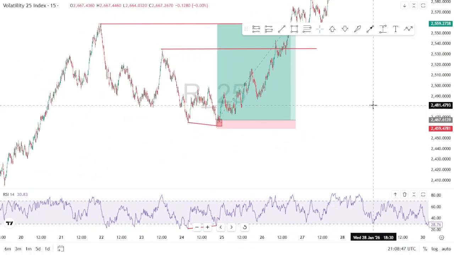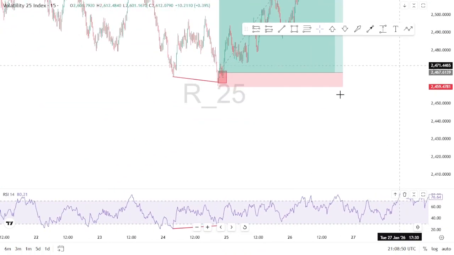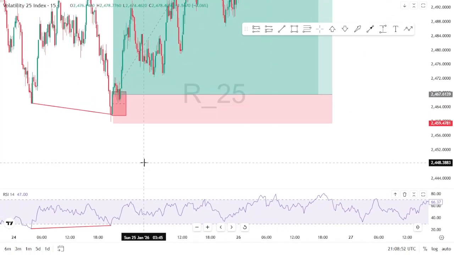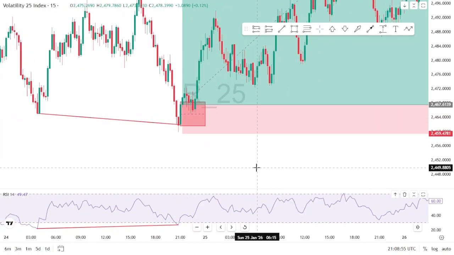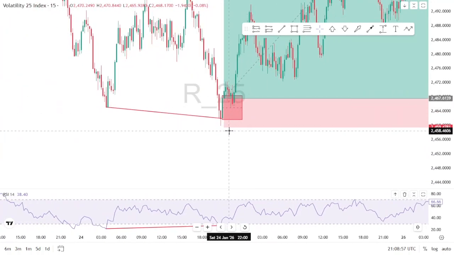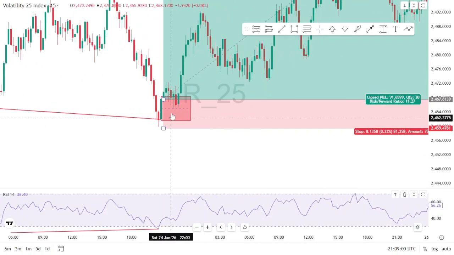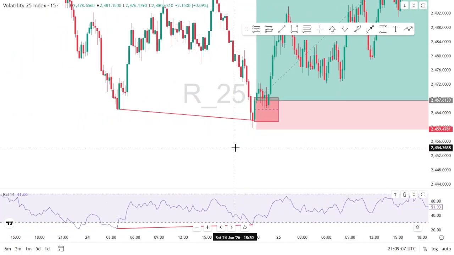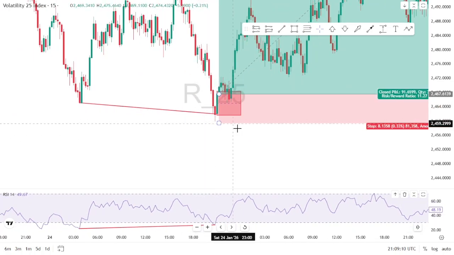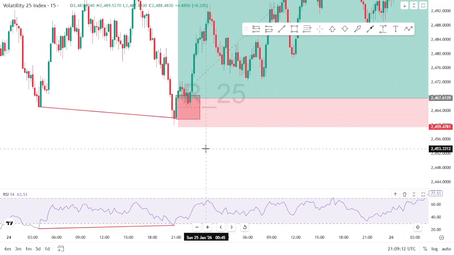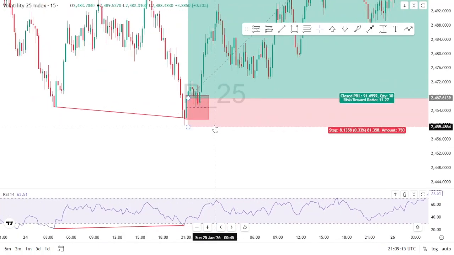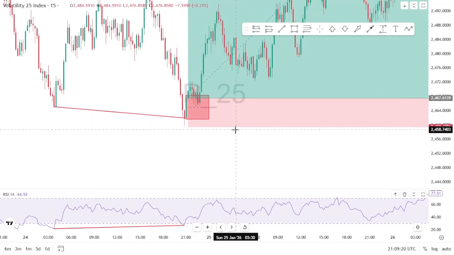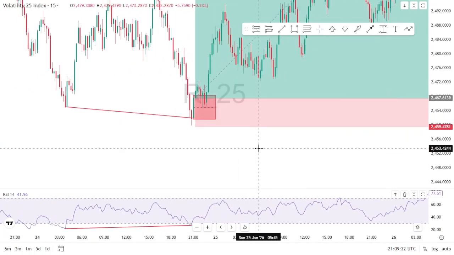Now, a reason why I have this engulfing pattern as my confirmation is because it does two things for me, actually three things. Number one, it gives me a stop loss level. I do not expect price to retrace beyond this low here because we have a very strong bullish engulfing pattern. Now, if at all price comes and closes below this level, then it has invalidated our setup, and that makes this stop loss good enough and tight enough